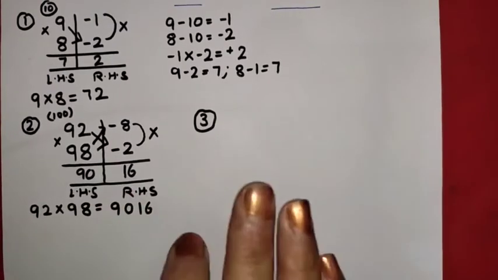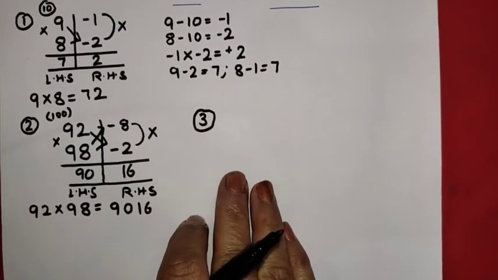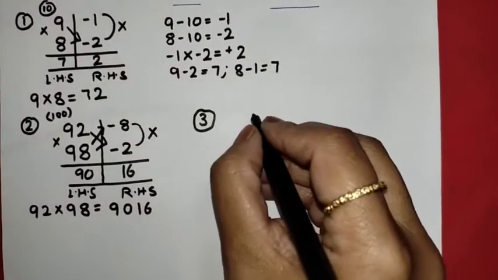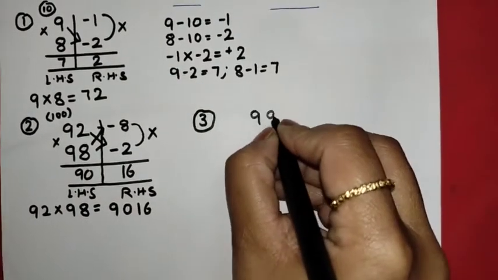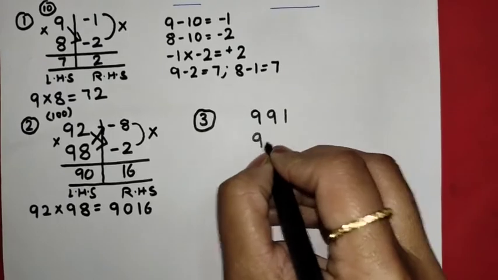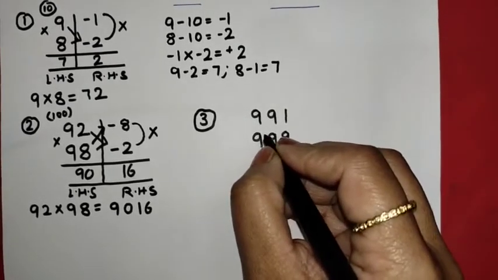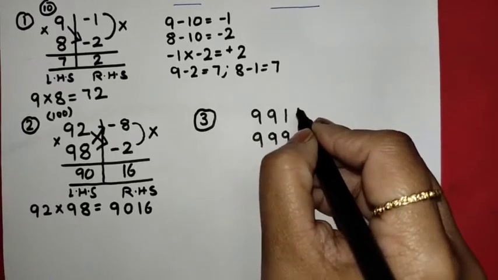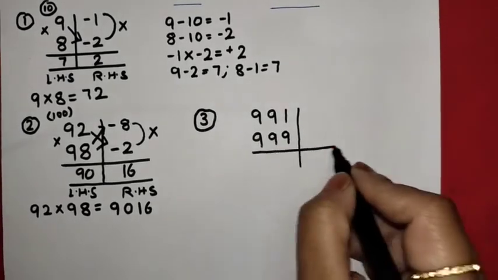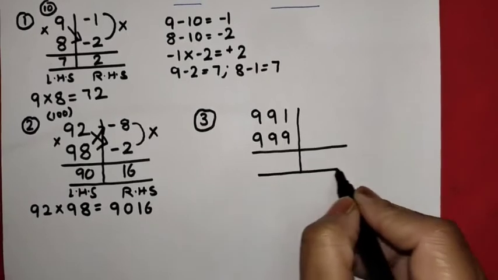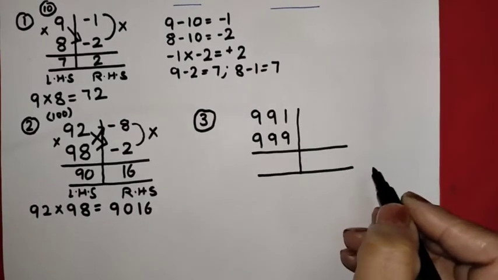16. Okay. Now let me take one question where there is an exception that your right hand side answer is not going to have the number of digits same as the number of zeros of the base. So this is an exception in base method. You will always take care of it. Let me first do this and then I will explain it to you.